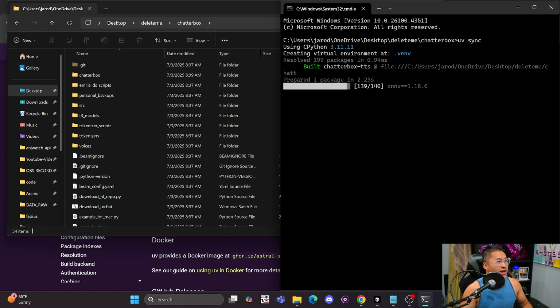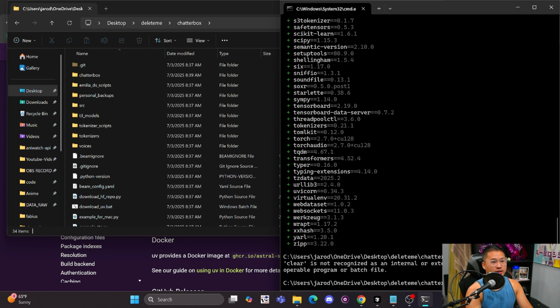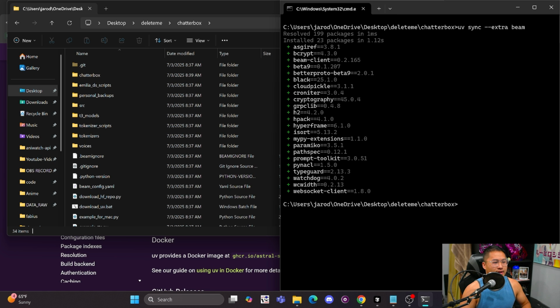And then normally we would be all good to go. But today I'm going to be demonstrating it with Beam, like I said, so we're going to need to add an additional package. To do that, let me clear this. We are going to do uv sync --extra beam. And so that's going to install the additional Beam library that we need